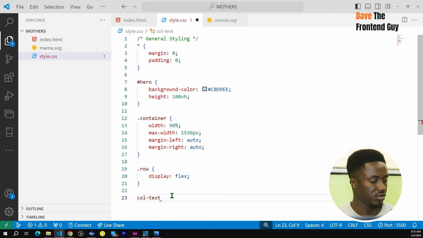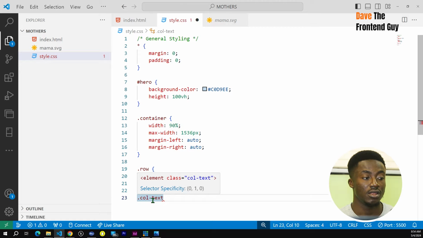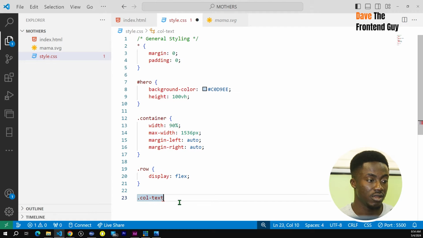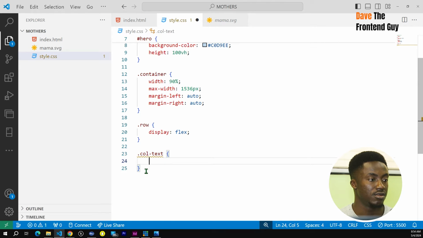So call text, there should have been a period right before. So the period is for classes, as the pound sign or the hash is for IDs. And when you hover over the selector, you should see a tooltip showing what exactly the element is. So we're seeing a random element with an ID of hero. Okay, so any elements with this ID, these styles will affect, and any elements with this class called text, these styles that we're about to define will affect. Okay, so for the call text, we have a few things there, right? So for now, we'll leave it blank, and then for the call image,